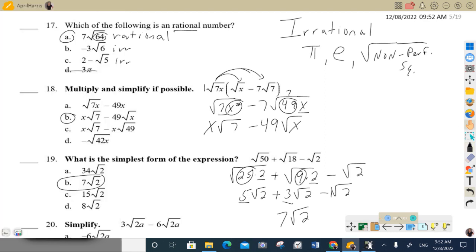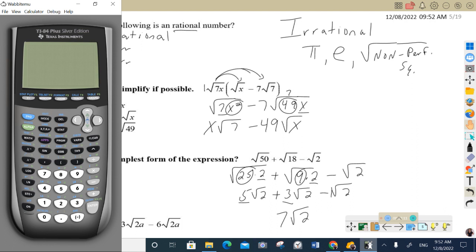Oh, I got to go back to this. So if I go to the calculator and I type it in, come on now. Why is it not working? There we go. Okay. And you don't even have to have imaginary on this one because you don't have any square roots, but you should be in A plus BI form. So if you typed in the original, second square root of 50